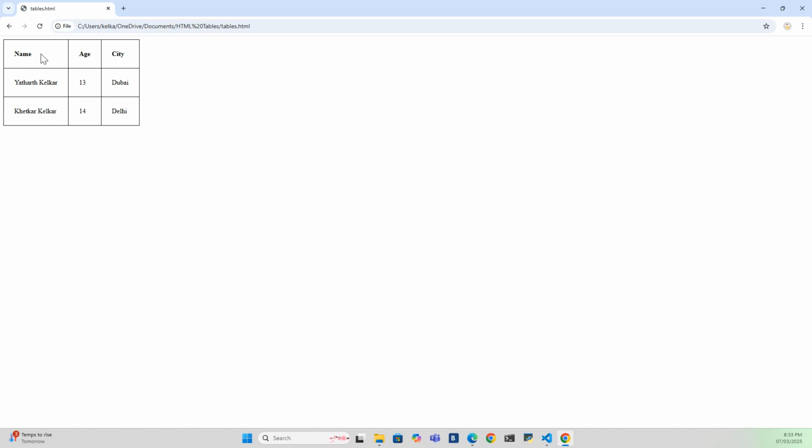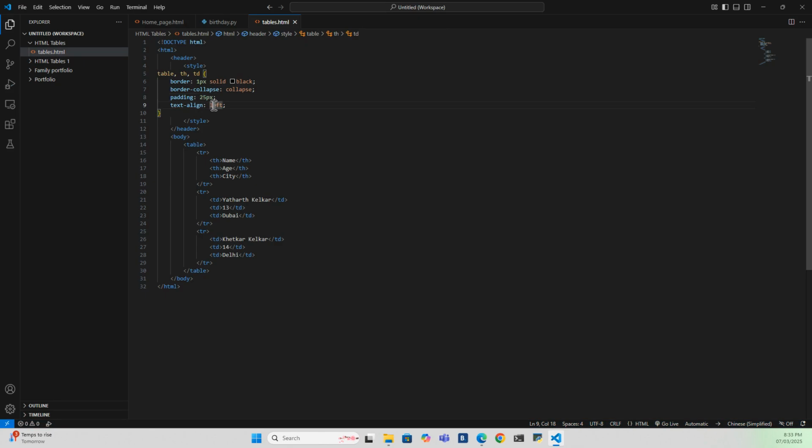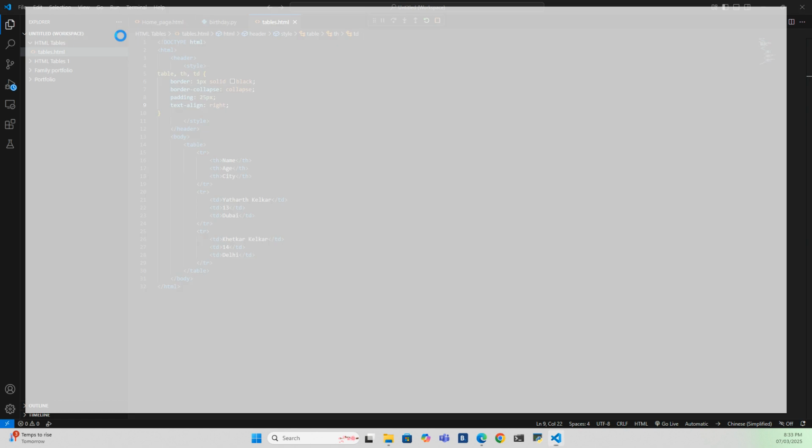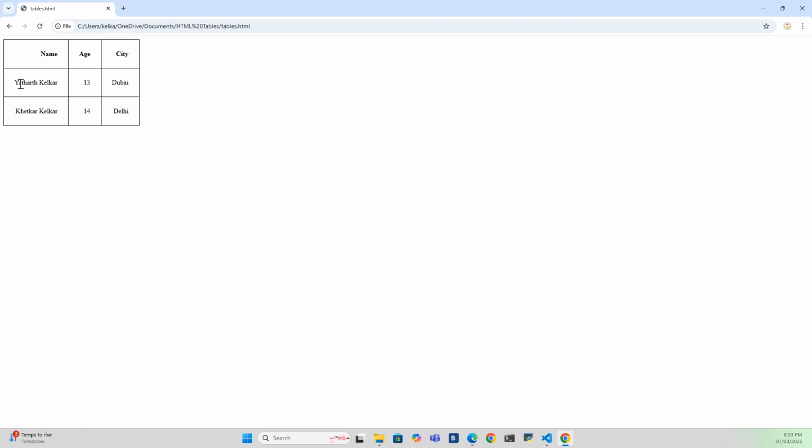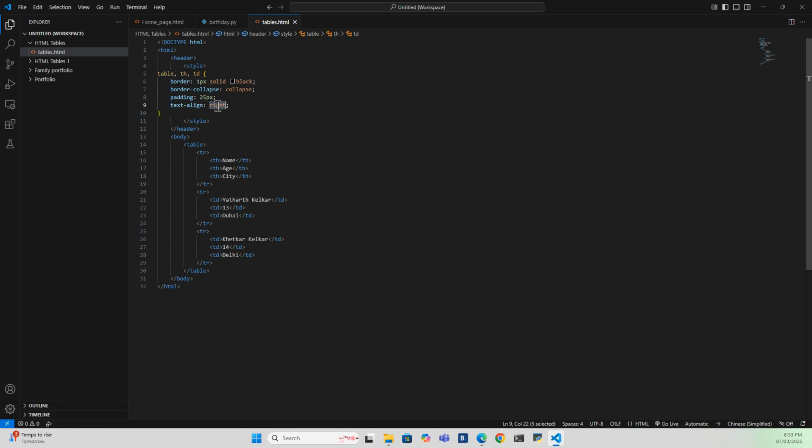Of course, the difference is very minor, so understanding it will be difficult. But let me somehow try. Let's see. Now you can see the difference. So this is the difference between the right, center and the left alignment. Now that is again up to you, how you want it to be. I want it to be center, so let it be in center. So this is it.